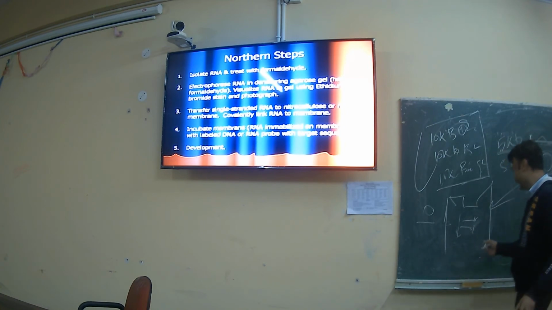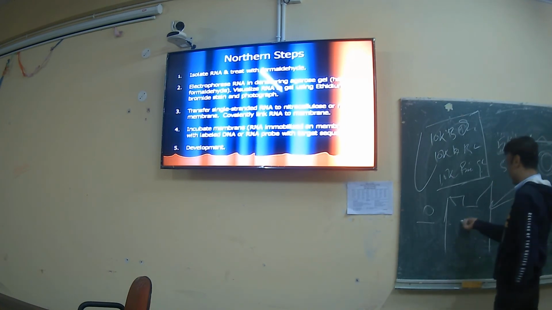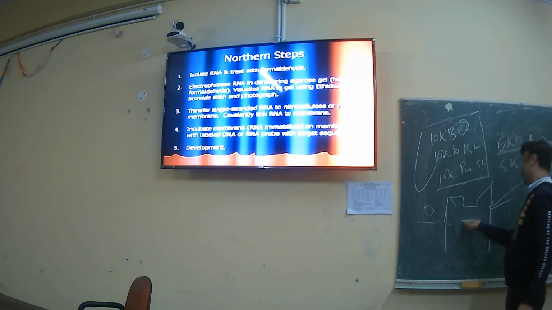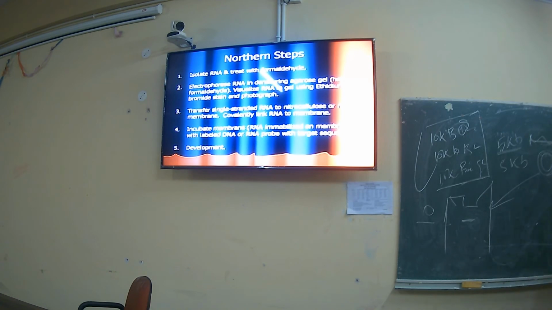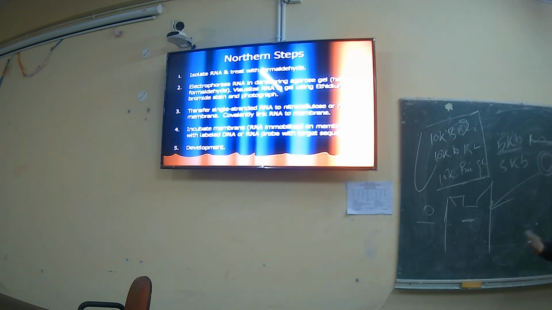So if there are linear and circular DNA, there will be one band here for the linear DNA, and slightly further there will be one more band for the circular DNA. In that case only 2 bands will appear. The first band will be for the linear DNA and the second band will be for the circular DNA, because circular DNA of the same size, due to its shape, can move forward. So 2 bands will appear.